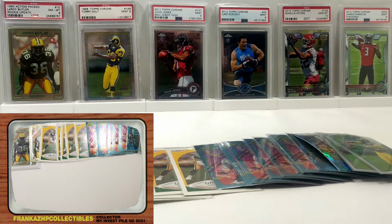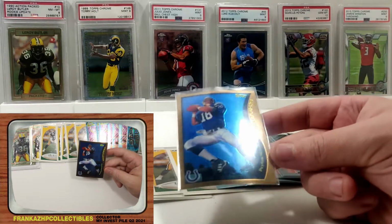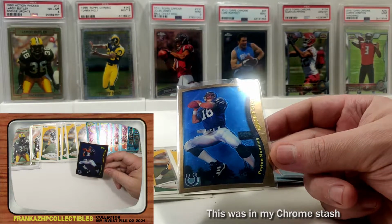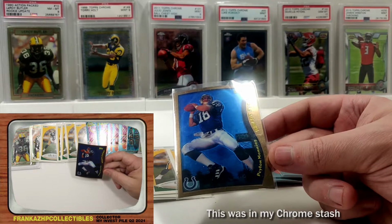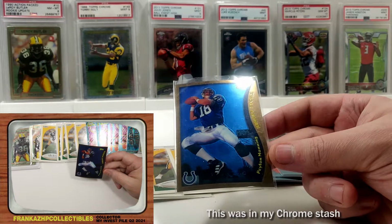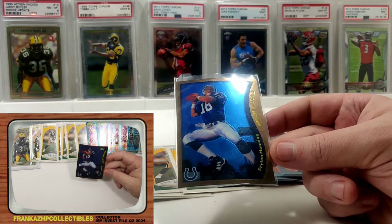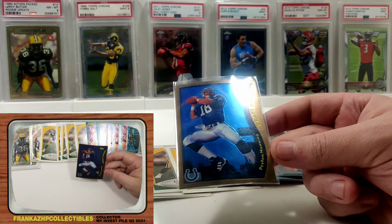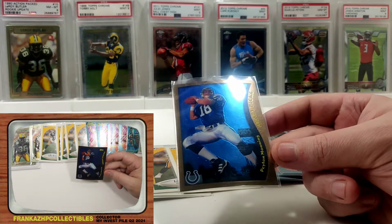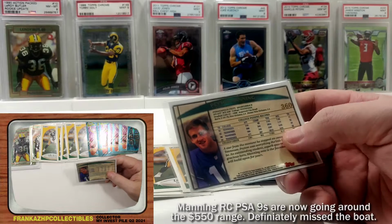Let's do this. Now this is a reprint, and I already have a reprint. I believe it's also a PSA 9. I unfortunately was looking at Peyton Manning PSA 9 actual rookie cards when they were around $60-$70 for a PSA 8 or a PSA 9, and then roughly about 3 months later, when I was starting to look at them to pick one up, 9s were going for $125, and even then I probably still should have picked it up, and I didn't. And now 9s are going for whoever knows how much,